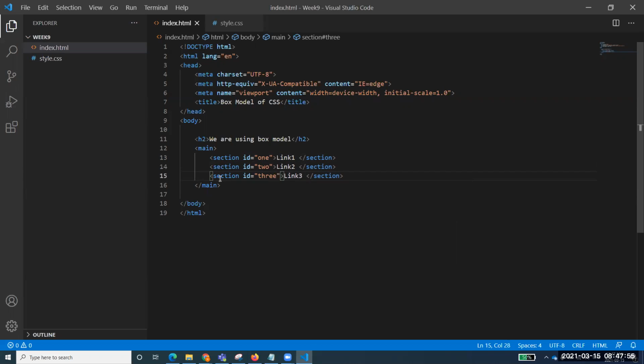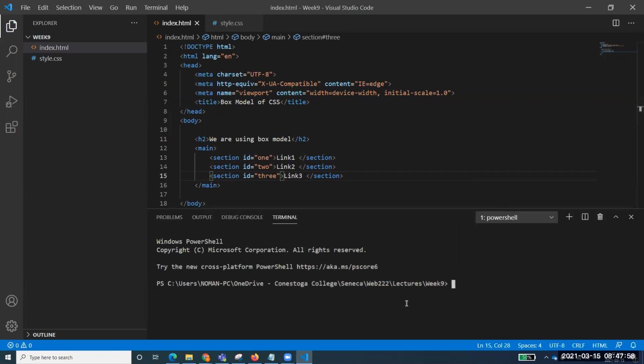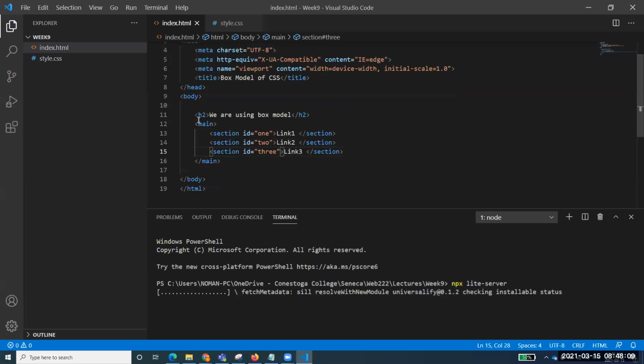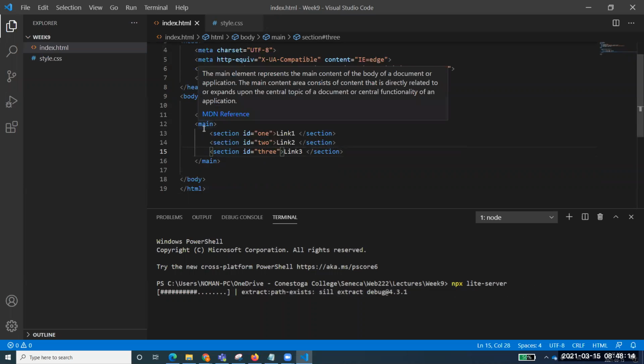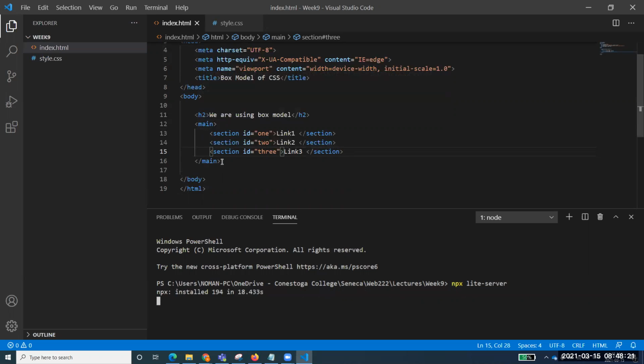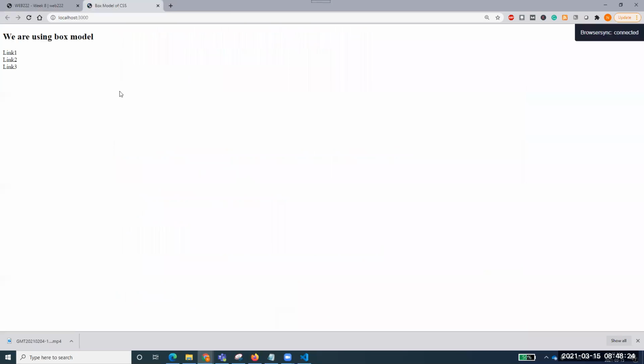Right, so we have just created a document, and not only created it, let's run it as well. First we will be just looking at the console, the styles part, and then we'll come back over. So this is nothing but a document where we have defined H2 and a main section. Main is one of the structurally, semantically defined areas in HTML pages that we use for defining a typical area. So you see, this is a document, something like this. And that is fair enough if you are having that.